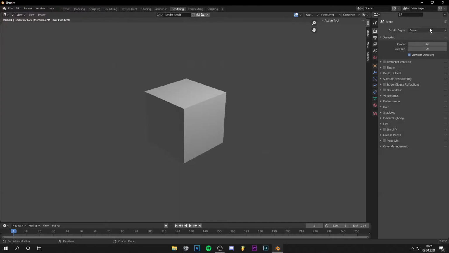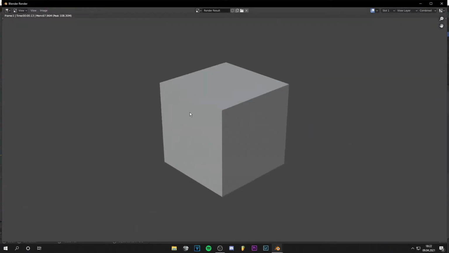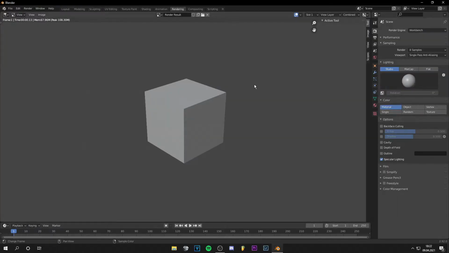This was rendered in Eevee. This is the standard render engine in Blender, and this is basically the render engine that is used in Unreal, Unity or other game engines too. And the other render engine is Workbench. If we do a render in here, we can see it gets rendered like this. And this render engine is basically just for visualization and we don't really need it, so let's jump right into